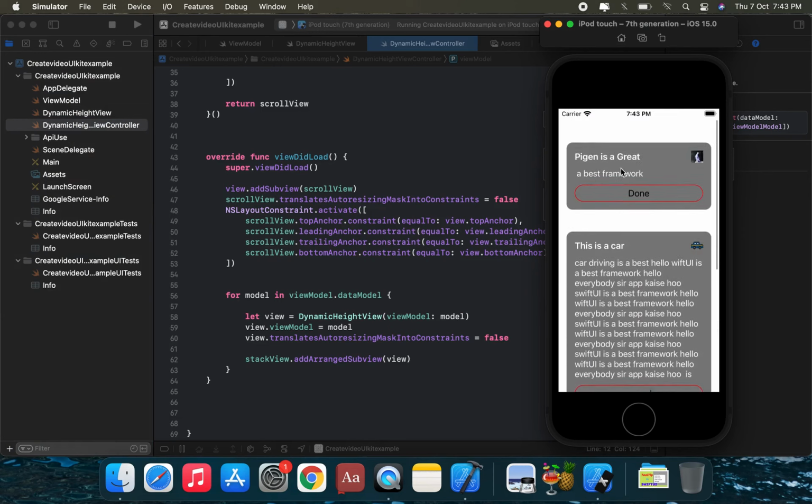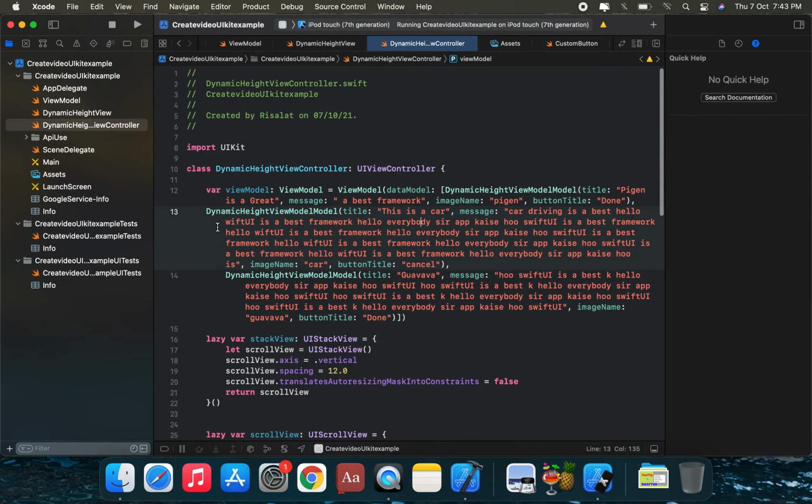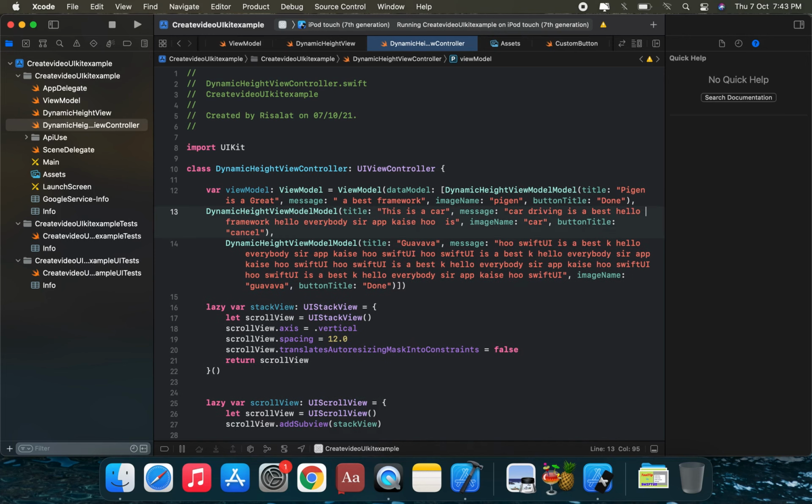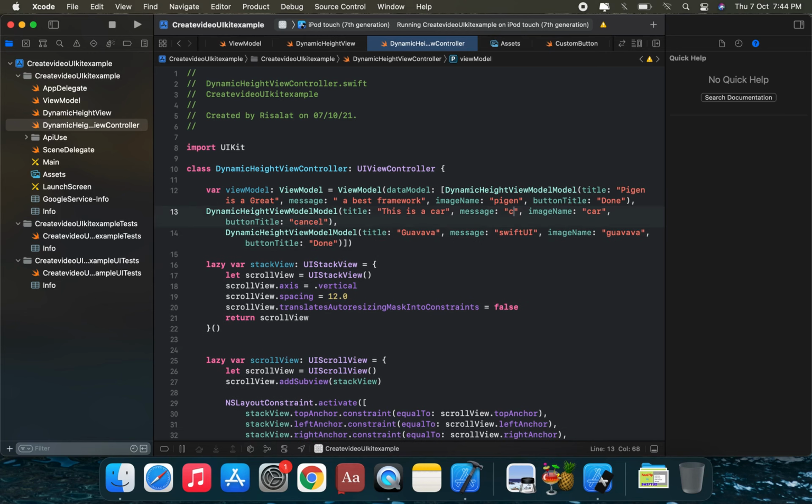Suppose the first card is the largest size, you're gonna pass this data to the view controller, and notice a text, pass on this text. Remove this text and so its message is removed. So SwiftUI, and you're gonna pass this. Suppose this is the next message, so the next message is passed on. Suppose this is a SwiftUI best framework.